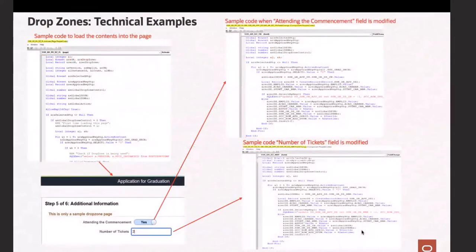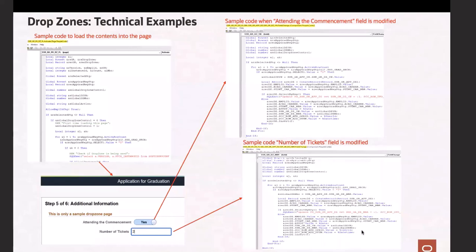Now, this is like an eye chart. The only reason I put this here is because it's an example, and I'll explain some of this in the live demo. Recently on the listserv, there were a couple of posts regarding, I've added our custom subpage, we're capturing data, we loaded it into the drop zones that Oracle delivered, but the data is not saving. So I added this so that we can talk about that a bit. In summary, basically,